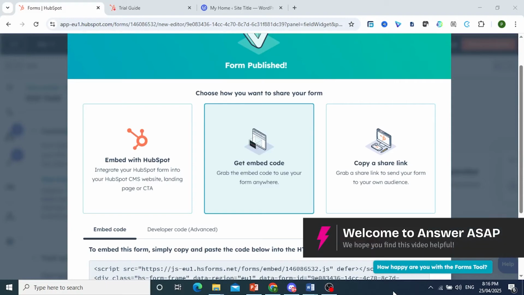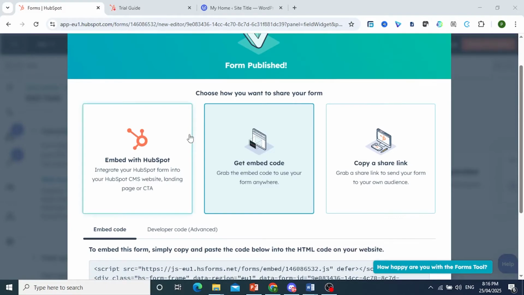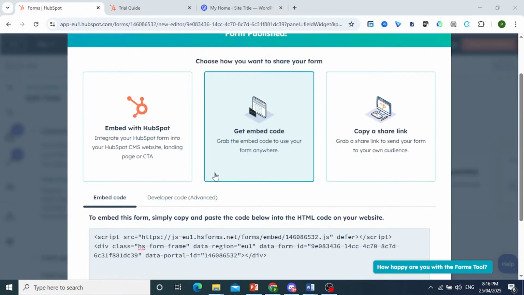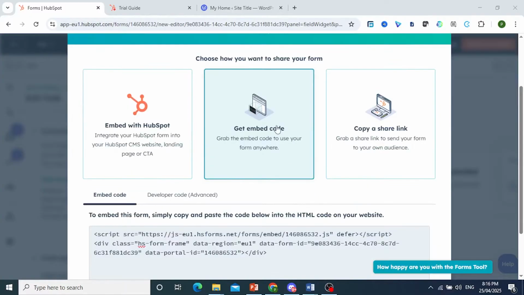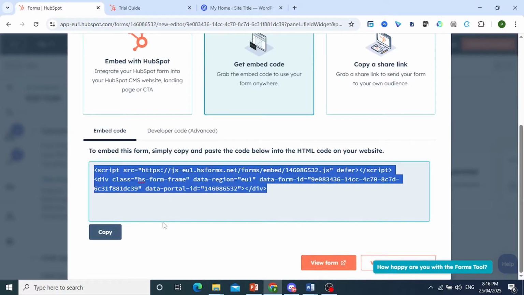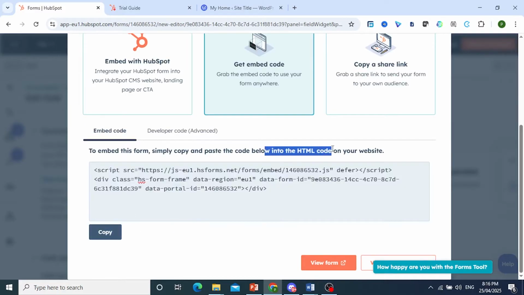Hey guys, in this video I'll show you how to embed your HubSpot form in WordPress. Now it's very easy. Once you publish your form, you'll get this to share your form, right? You can click on get embed code, you copy this code, and you paste this into the HTML code on